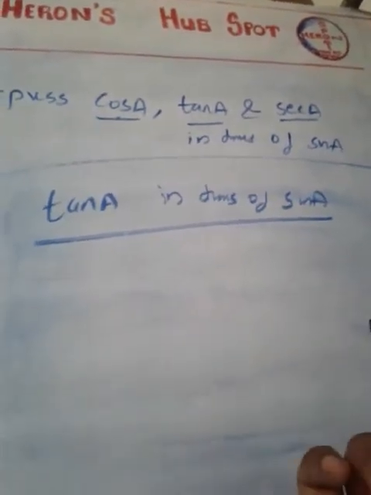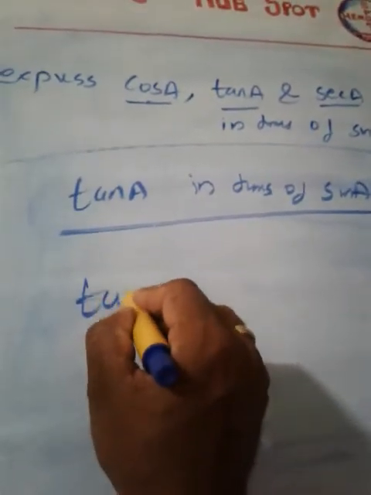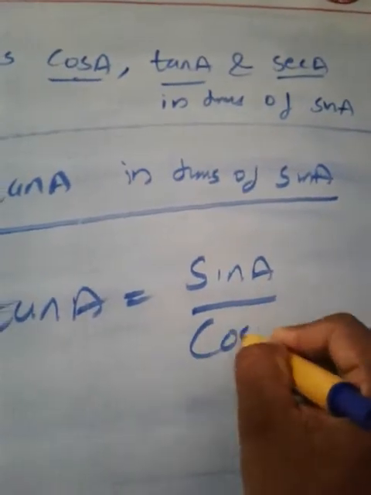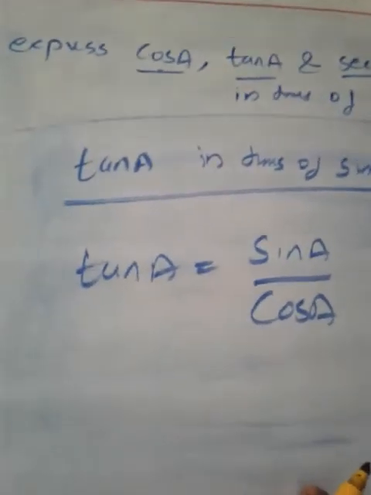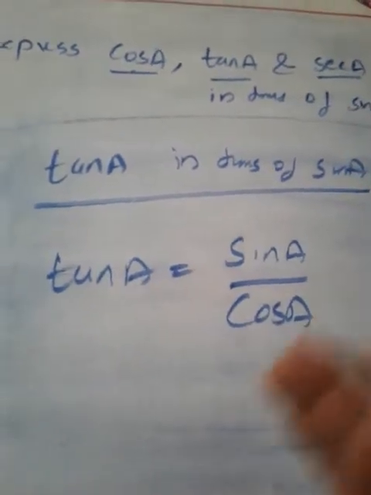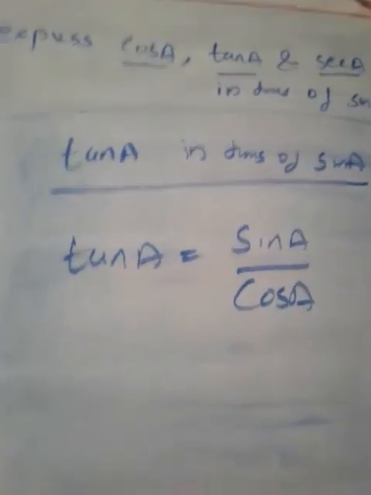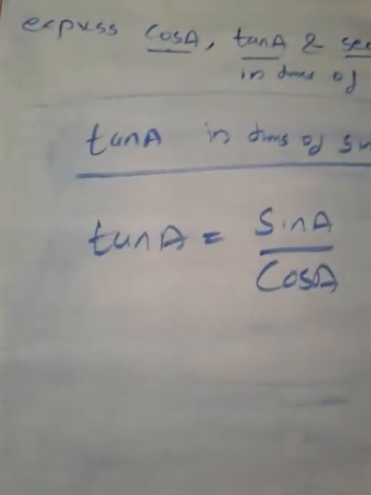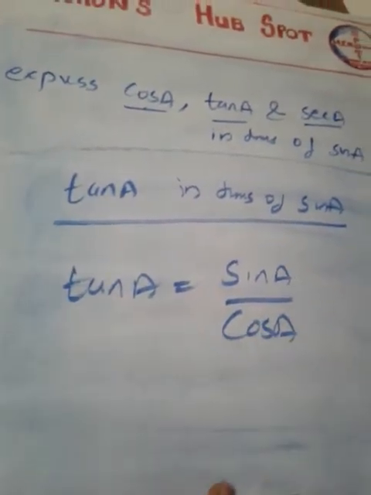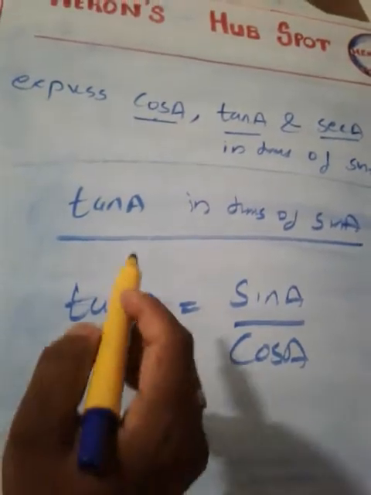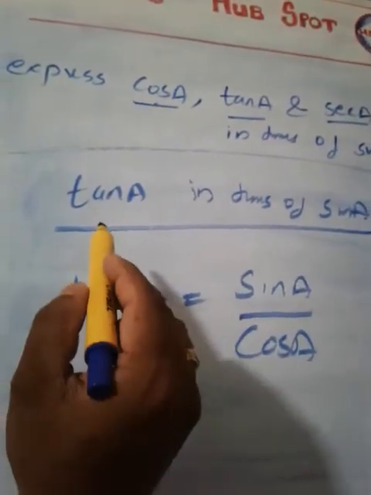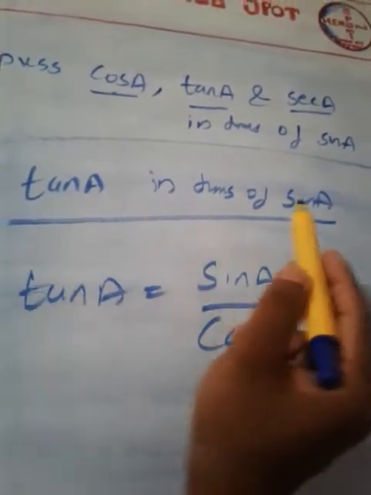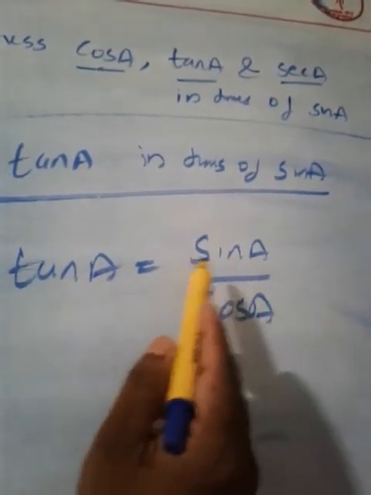So we have to think another way. Can you write tan A is equal to sin A by cos A? Can you write like this? Yes, of course, because tan A is the ratio of sin and cos. From the starting point of the chapter, we have discussed that tan theta is nothing but sin theta by cos theta. So I can express tan A is equal to sin A by cos A. What is the reason for expressing it like this? The reason is we have to express tan A, and see, LHS contains tan A. We have to express tan A in terms of sin A. So RHS is containing sin A.